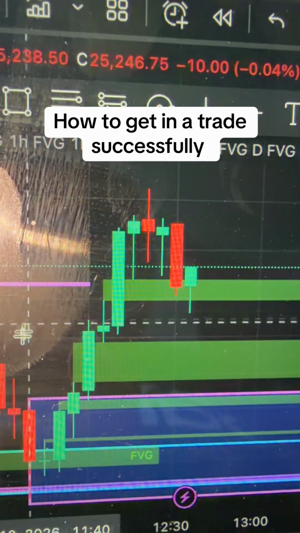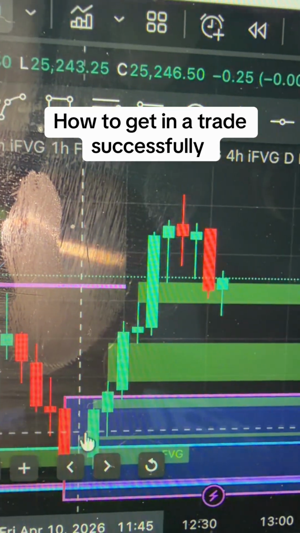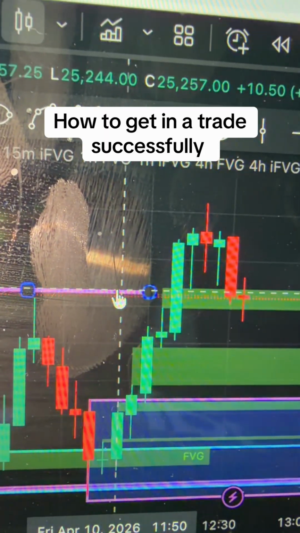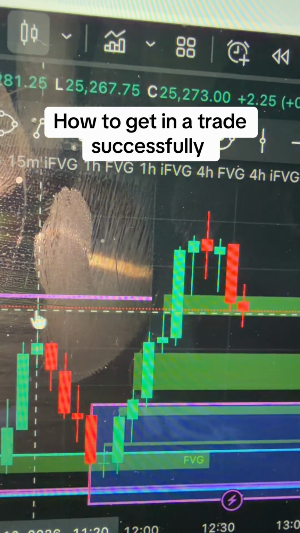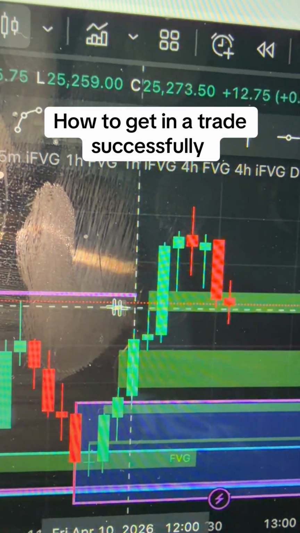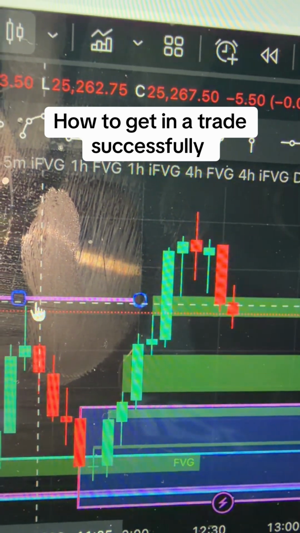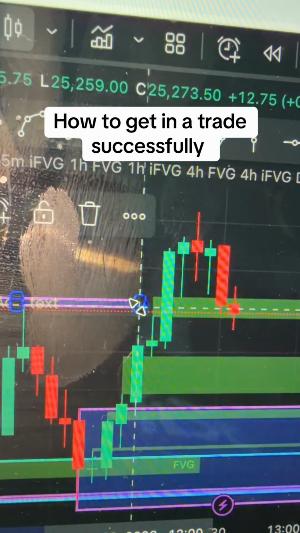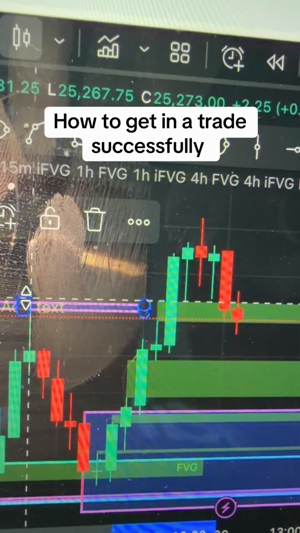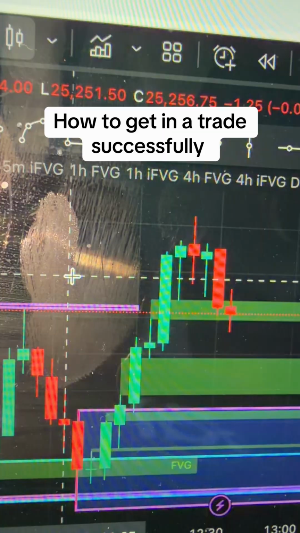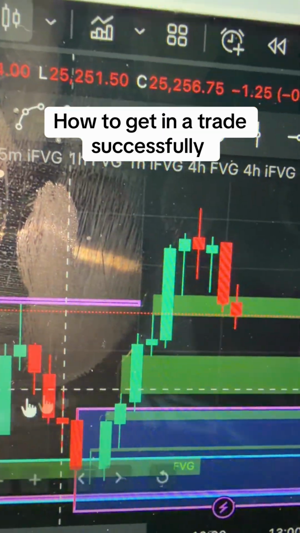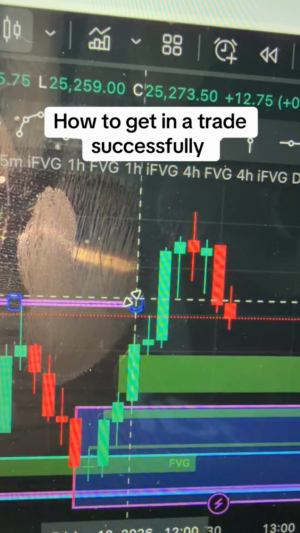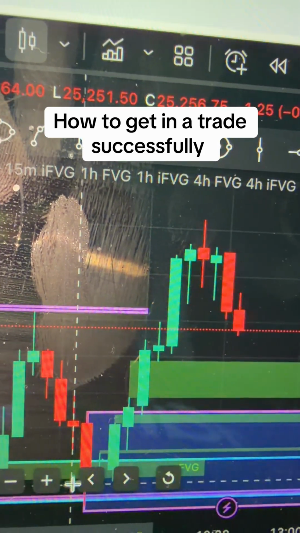And so what happened, initially, on here, this is where my line is for my break of structure. And I do take it from the wick. So let's pull it down a little bit, just so that you guys can see. And yeah, once the candles break structure, which happened here, that lets me know the next cue is